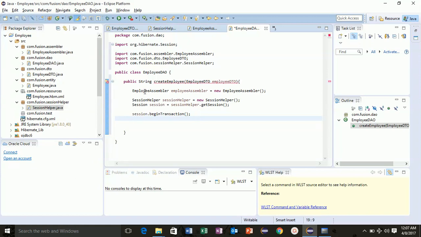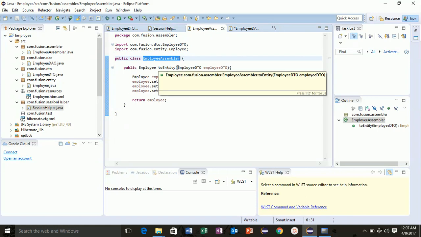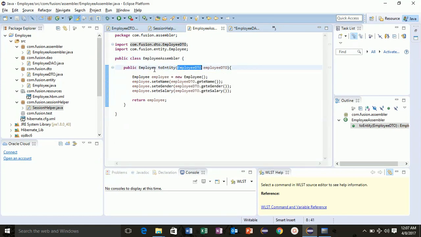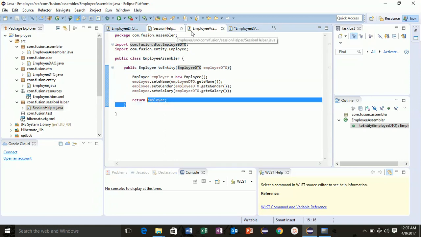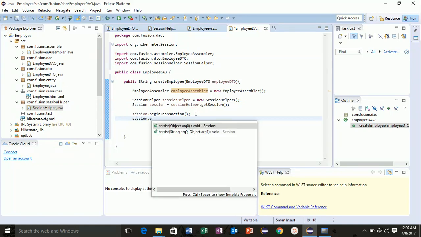And as you know, we have written a function in the employee assembler class in which we are converting our employee DTO to the entity. We are getting employee DTO as an input, and this function is returning the entity object employee. So now we have an object of employee assembler. We can write session dot persist.